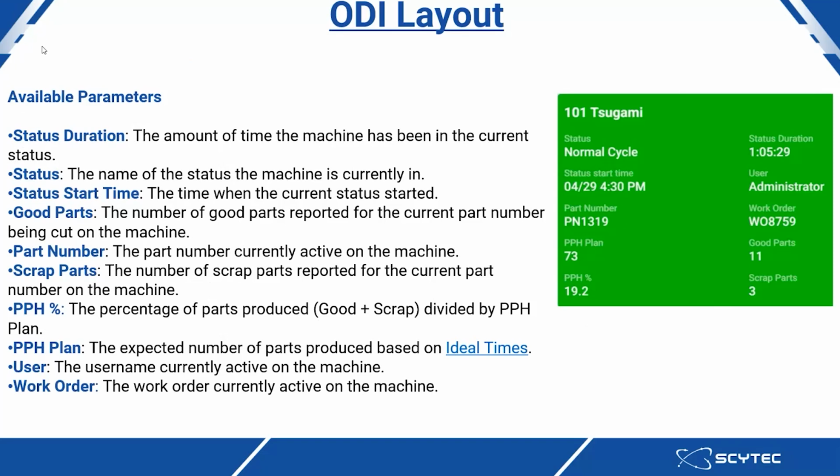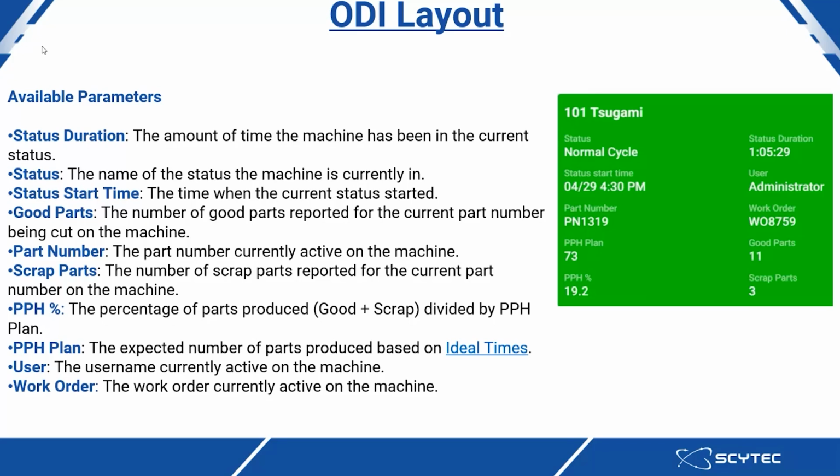So the ODI can be set up like your real-time charts or your real-time dashboards as well, with a bunch of different available parameters. If you look over there on the right, you have a screen grab of an equipment card from an ODI tablet. This is a Tsugami that you're looking at, and you can have these configured to your heart's desire with a bunch of different available parameters that I'm going to go over here, such as the status duration of the machine, the specific status of the machine itself, when that status started, the amount of good parts that have been produced, the current part number being worked on the machine, the amount of scrap parts that have been